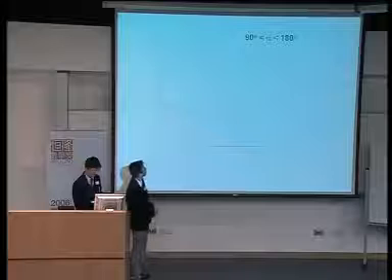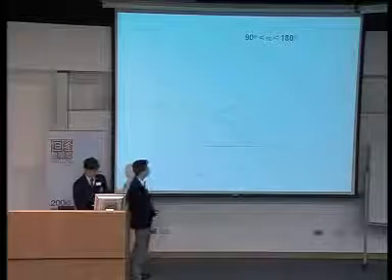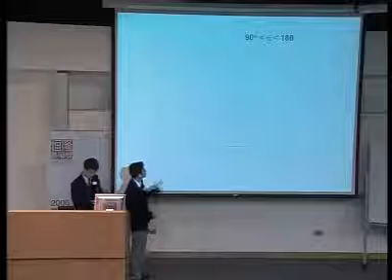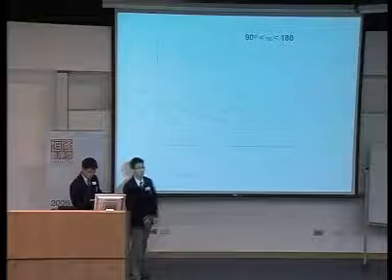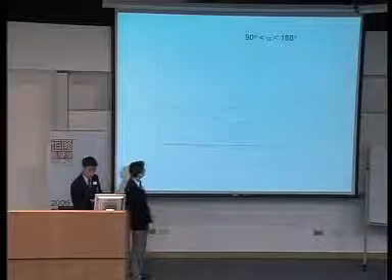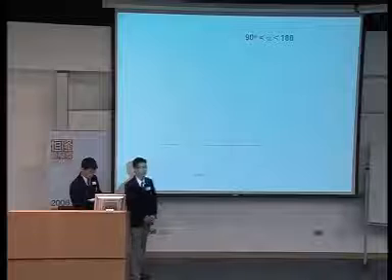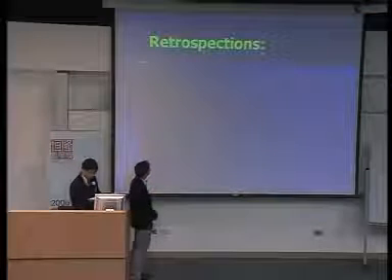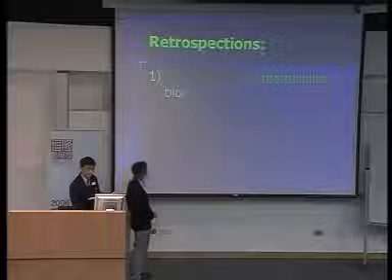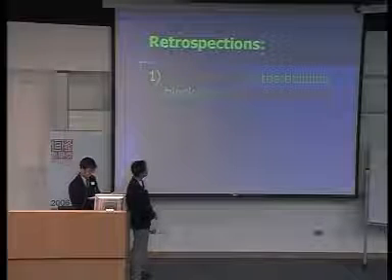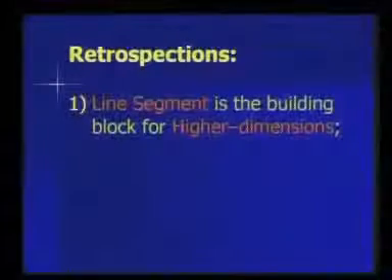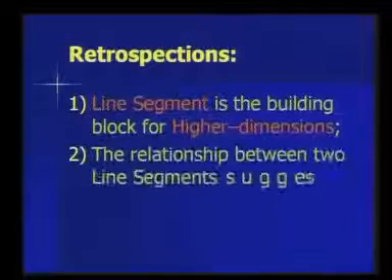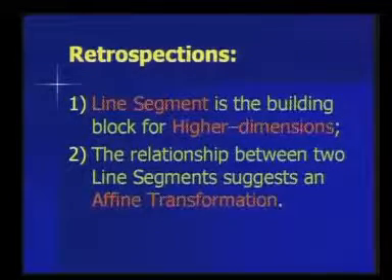Here, for obtuse angles, we divide it into two cases. The first is when alpha plus theta is greater than 180 degrees, and the second is when alpha plus theta is smaller than 180 degrees. We come to some retrospections from one-dimensional cases. The line segment is the building block of higher dimensions, and the relationship between two line segments suggests an affine transformation. Now for two-dimensional cases,